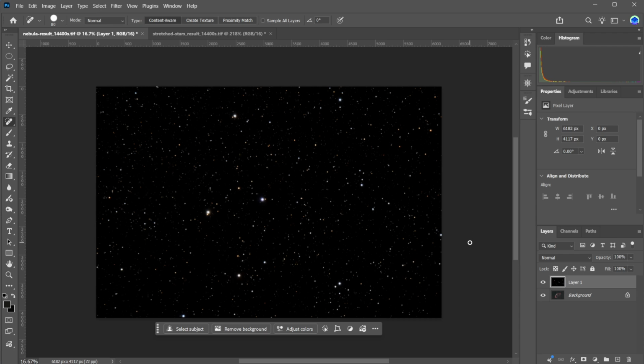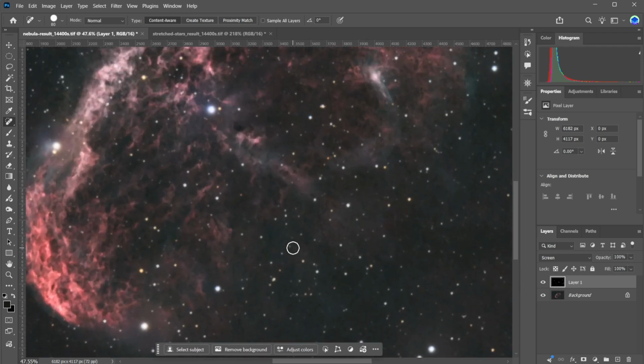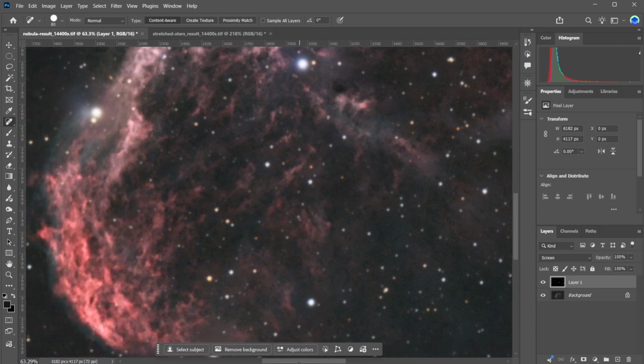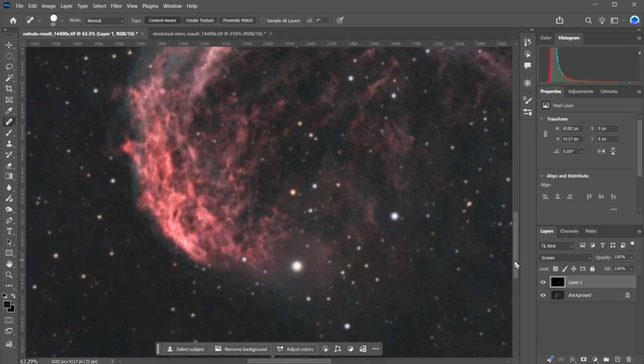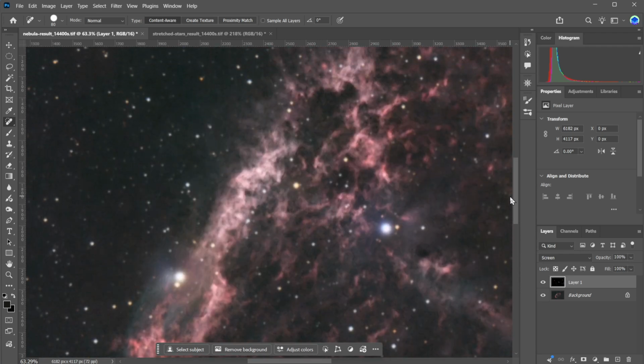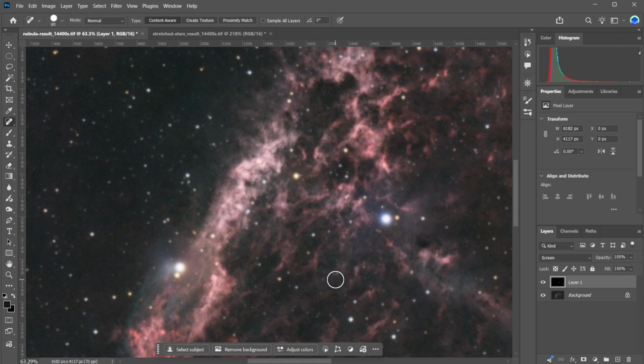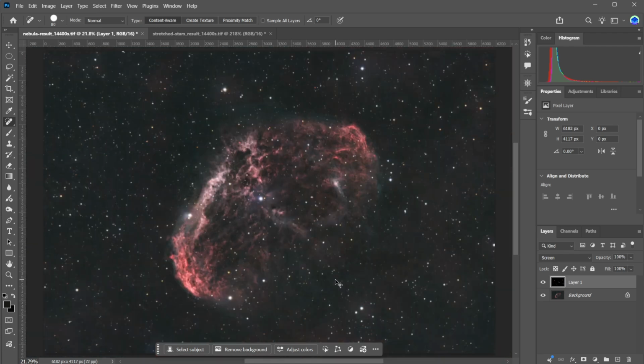So the next thing you want to do is set the blend mode here, screen or linear dodge add. I'm going to use screen. And you see when I do that straight away, wow, look at that, the stars have appeared. I'm going to zoom in using my mouse wheel and move around a little bit. And you see the stars have appeared nicely, and they're not overwhelming like they were in the original image. If I do Control 0 to go to 100% view,